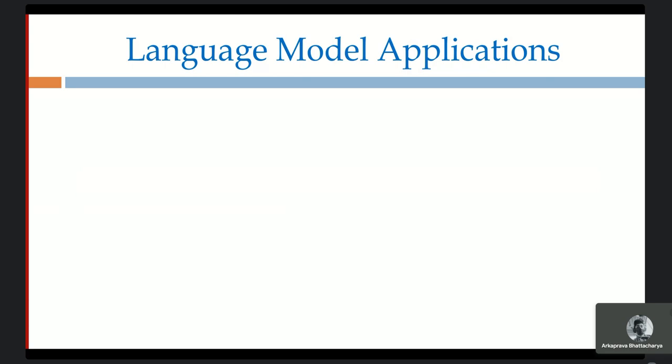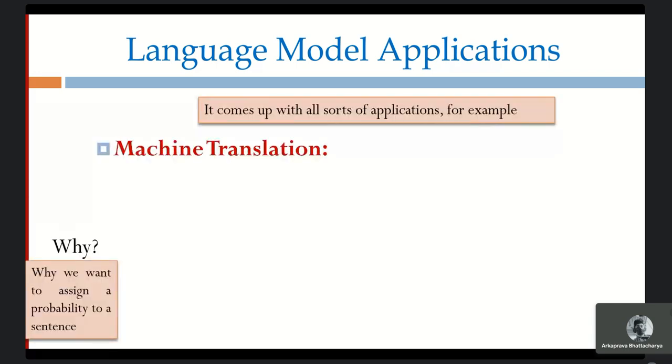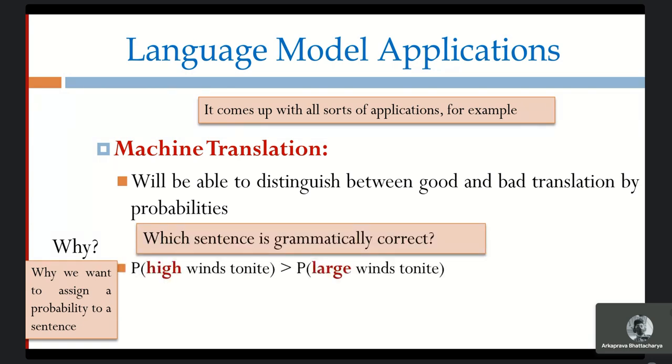So let us go with some examples where there is a need to assign probabilities to words. This comes up in all sorts of applications. I'll start with the first application, machine translation. In machine translation, I am trying to distinguish between a good and a bad translation with the help of probabilities, because this helps me understand which is the correct translated sentence. Let's suppose I have "high winds tonight" and "large winds tonight." As we know, the